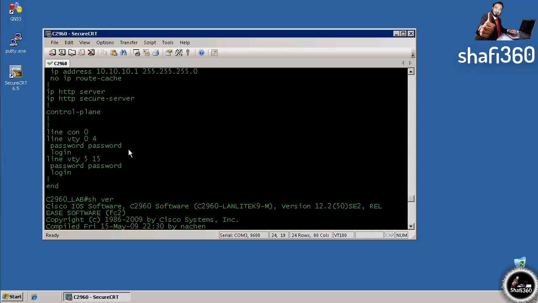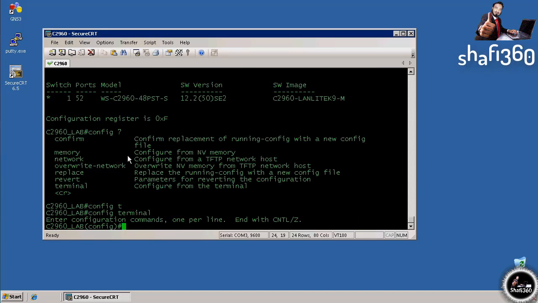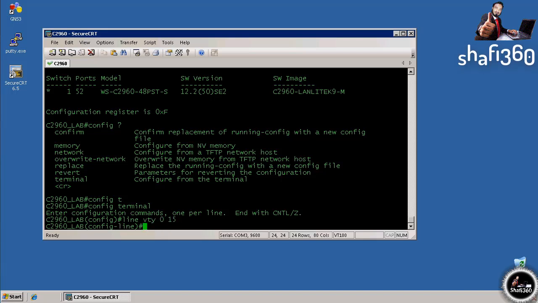So let's go back down here to our configuration, and we will do line VTY 0 15. So we're going to configure the login and password for all 16 VTY lines. Now, in theory, you could configure a different password for each of the 16 VTY lines individually, but why would you want to do that? Because you don't really ever know which one you're going to connect to. So now we're